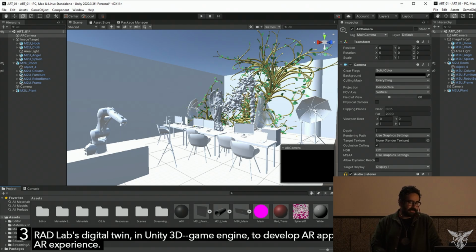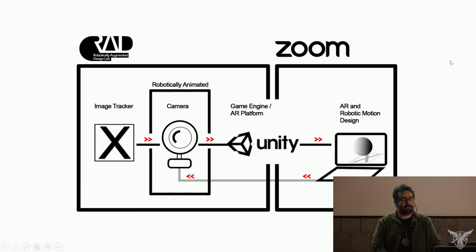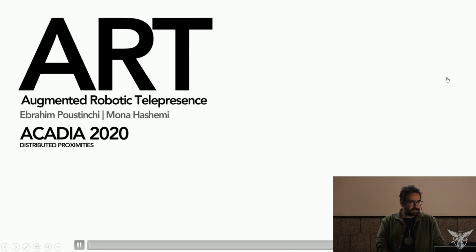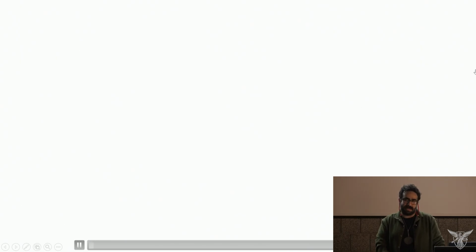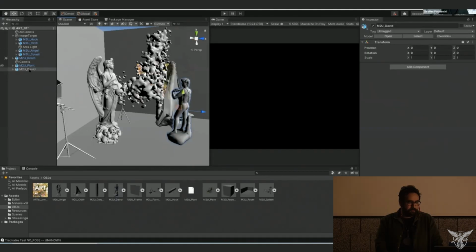We created another twin of RadLab in Unity to then allow our audience to modify RadLab in real time. So all of them together, we put these platforms in a cyber-physical sequence as a way to generate this network of real-time controlling and streaming systems, so the audience and participants could join RadLab in real time from across the globe.